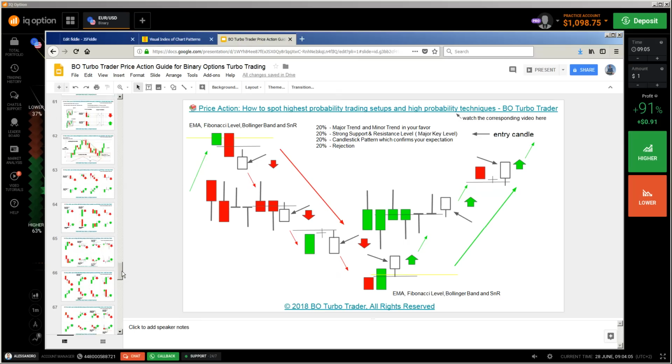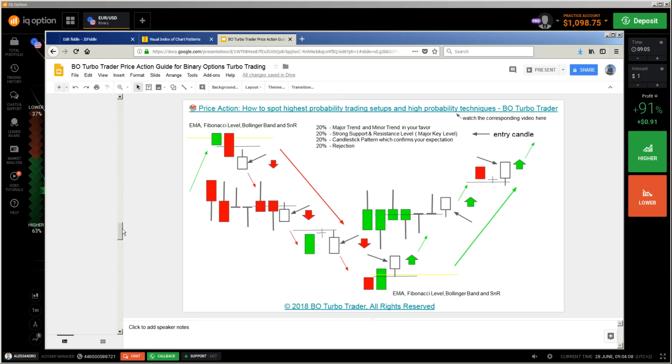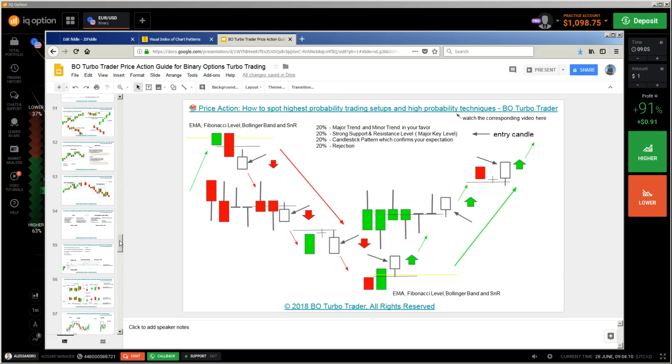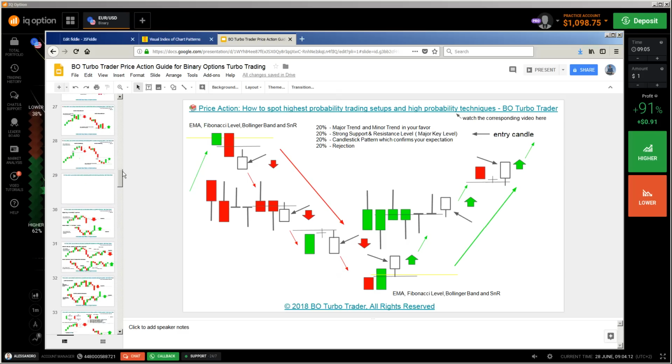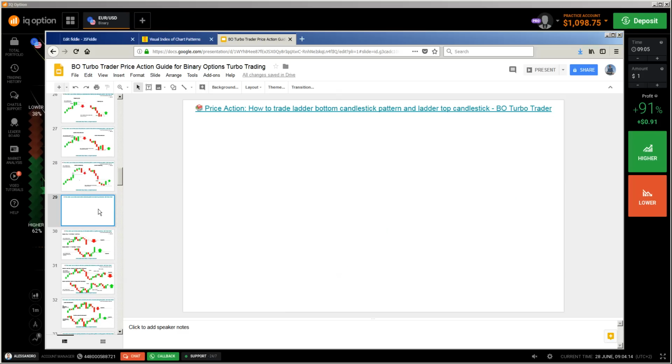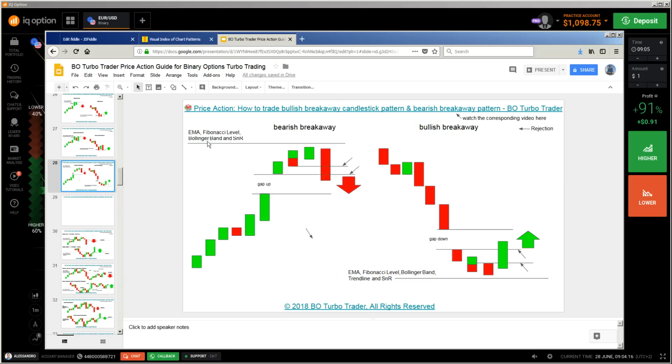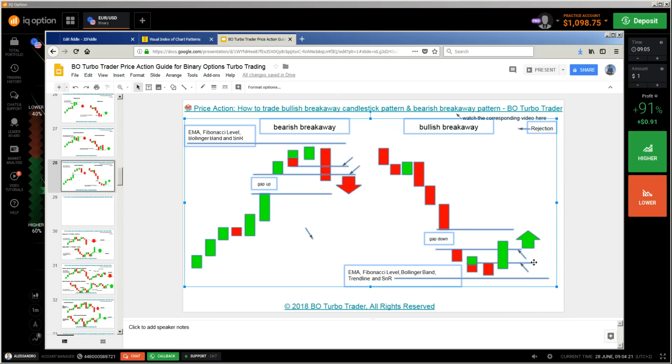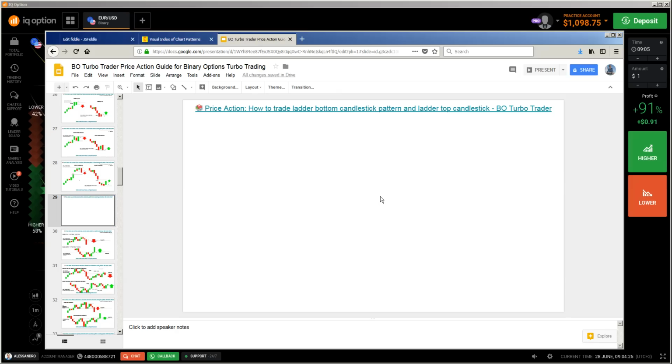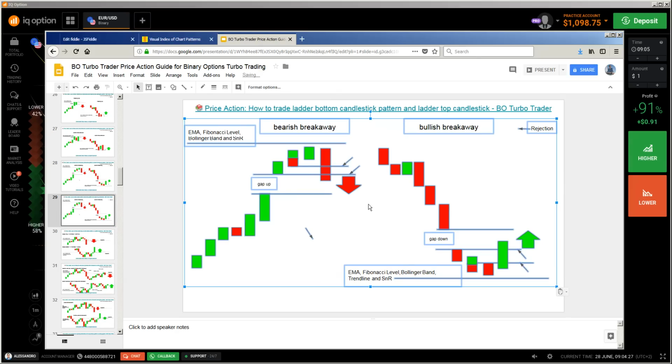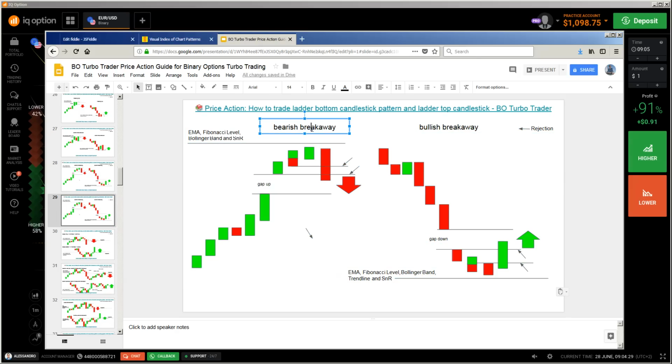So okay, let's see if I can show you now those things about the ladder top and ladder bottom. So where do we have it here? Okay, I will copy this part here because this is already good to do this. So we have another reversal candlestick pattern. Yes, those are reversal candlestick patterns. So first of all, I will talk about the ladder top. Yes, the ladder top is a bearish reversal pattern. So ladder top,